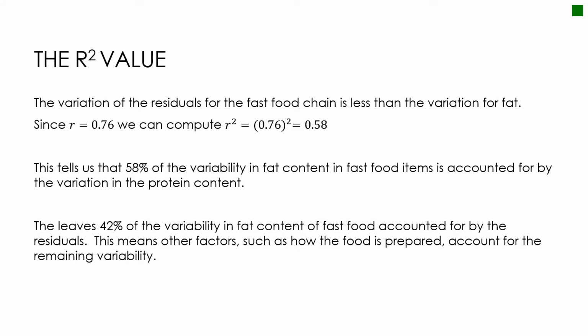So as an example for us to understand what this means, we have the variation of the residuals for our fast food chain. Remember, we had our fat hat equals whatever our equation was, and our r value was 0.76. All I did was compute r-squared by squaring 0.76 to get 0.58. And remember, I'm not going to think of it as 0.58, I'm going to think about it as 58%. So that tells us that 58% of the changes in fat content, so variability just means changes, 58% of the variability in the fat content in fast food items,